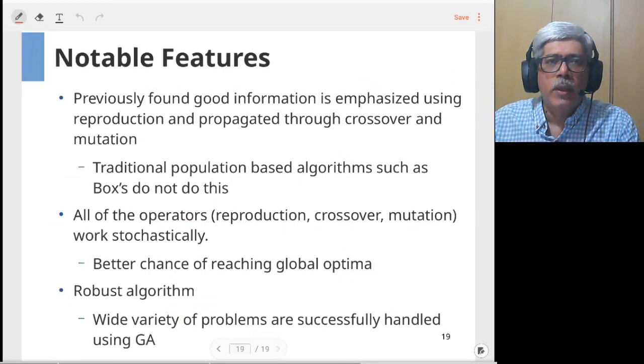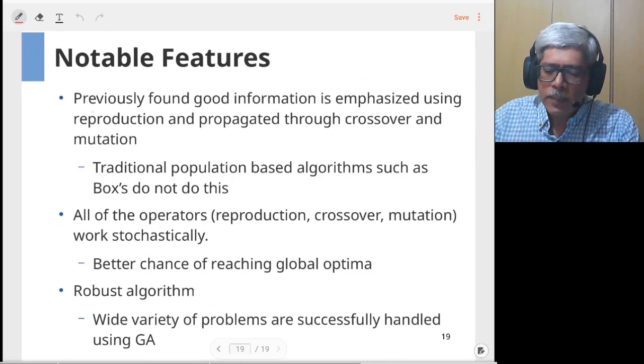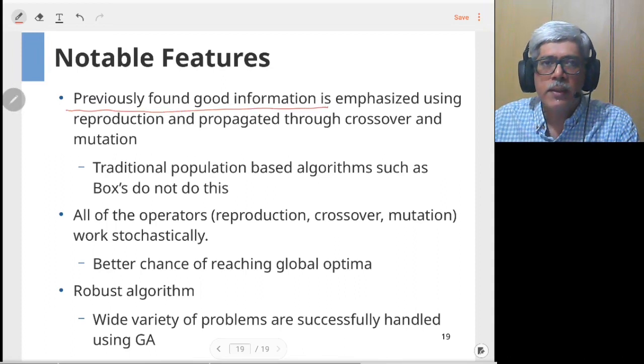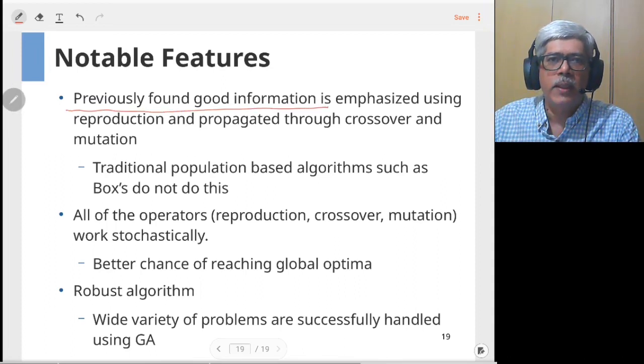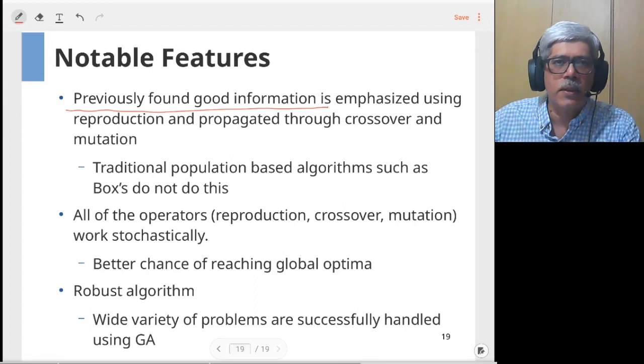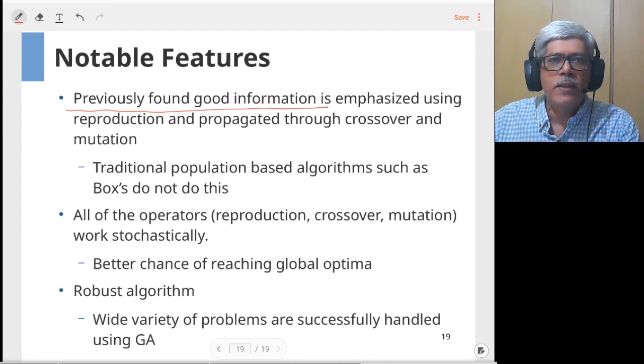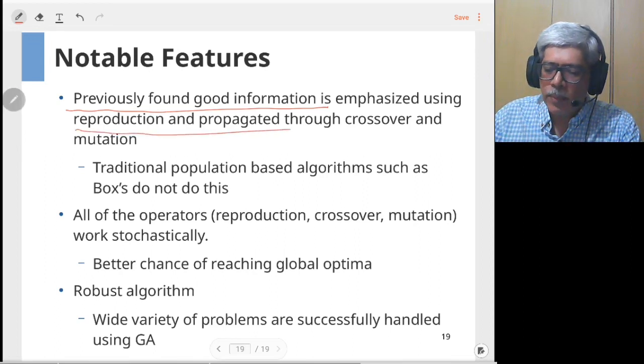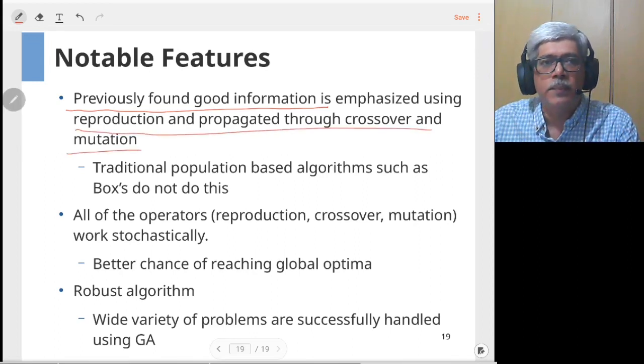So the first important feature of genetic algorithm is that previously found good information, that is, in every generation there are some fit parents. Their information, that is what constitutes a good solution, is emphasized using reproduction and propagated through crossover and mutation.